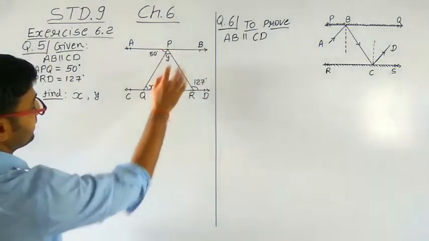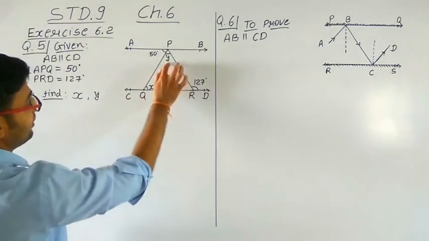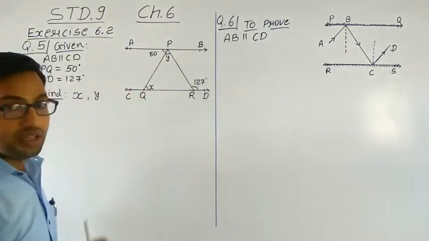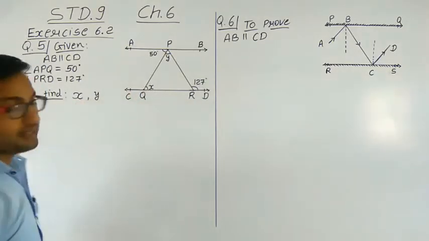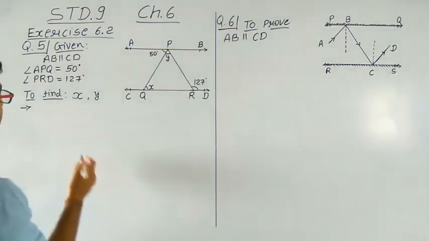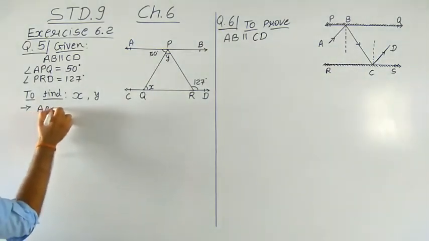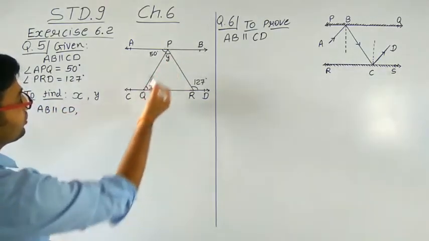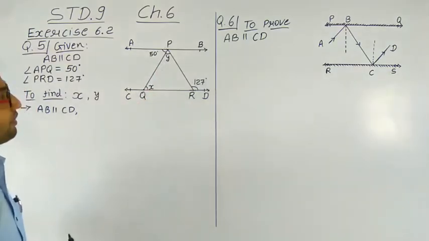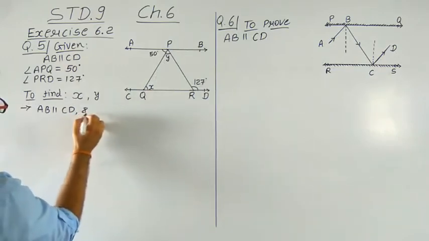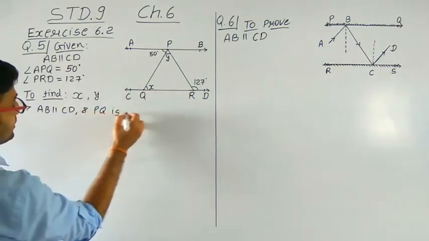Here is the angle Y, that is QPR, that is angle Y. And here is the angle X, that is PQR. That we have to find out both the values X and Y. So see how we can find out these values. Okay, here we can notice that we have given that AB is parallel to CD. Now we can consider PQ as one of the transversal. Okay, so when we consider PQ as a transversal, AB is parallel to CD and PQ is a